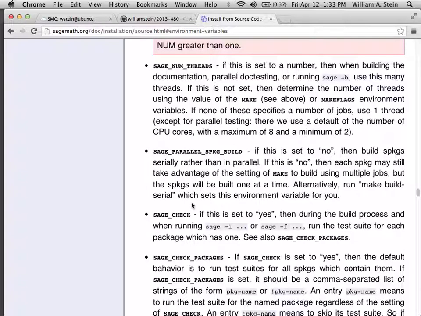The sorts of things that you might parallelize in building Sage are as follows. One, there's about 100 packages that get built in the course of building Sage. You could hopefully build them all at once. Of course, that doesn't make any sense because some of them depend on other ones. For example, the arbitrary precision integer arithmetic doesn't really depend on much of anything, but say the integer matrix library depends on the arbitrary precision integer arithmetic. Or PARI, the number theory library, depends on arbitrary precision arithmetic. Or the numerical linear algebra code for Python, NumPy, depends on the numerical linear algebra library. So there are lots of dependencies, but fortunately you can build in parallel at least as much as is allowed